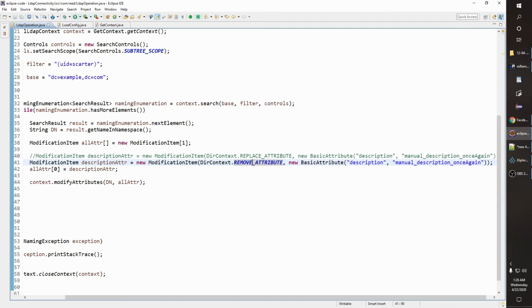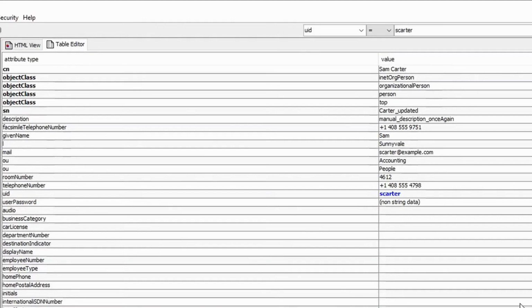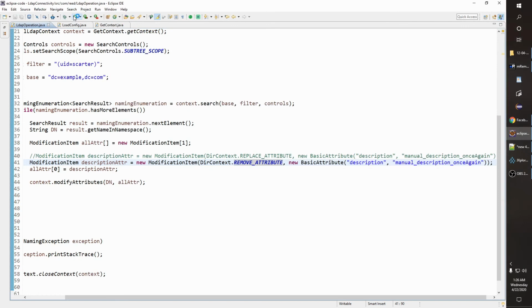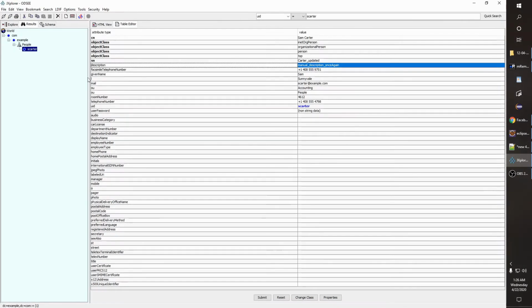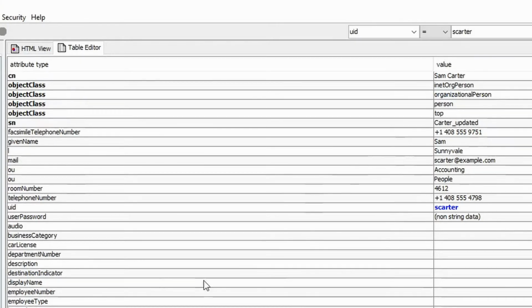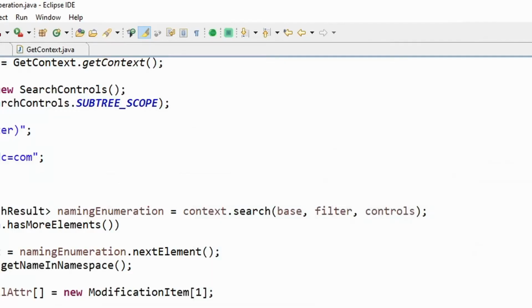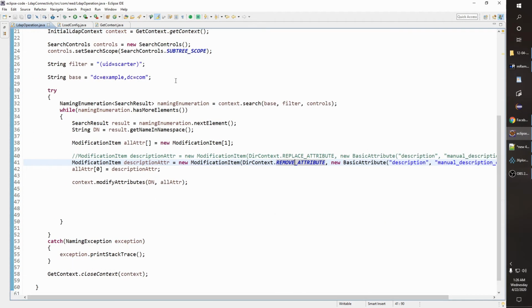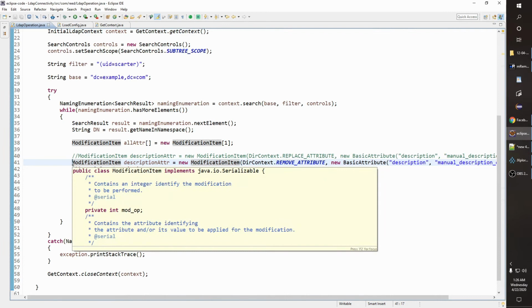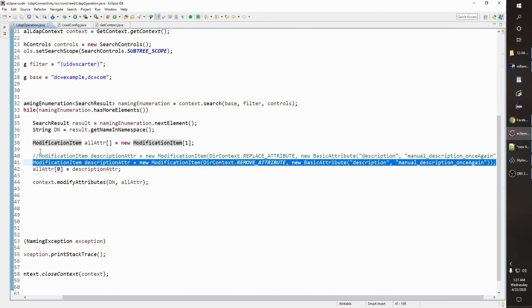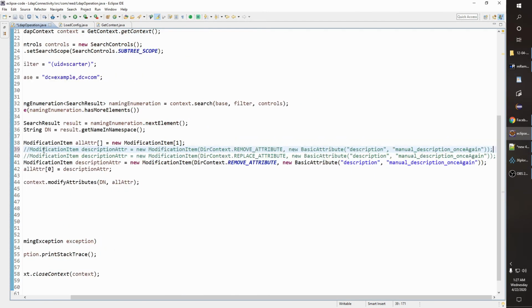Right now, if you see here, you have a value for it, manual description once again, but let's run it once again, and now we will see you will not have a value for description. So we have gone through all the options. Let me add this as well, because if someone is using this, then okay.